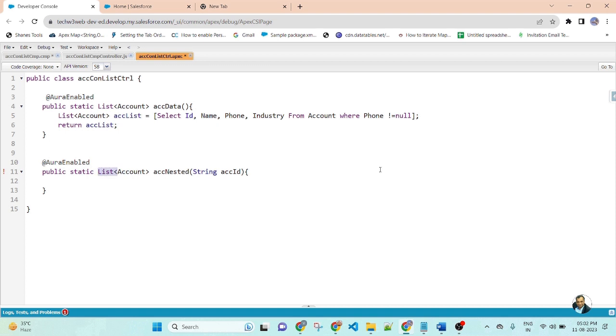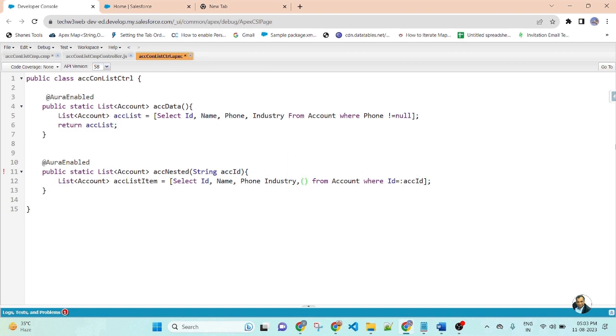Use List of Account accListItem equals square bracket, select Id, Name, Phone, Industry, comma, bracket, from Account where Id equal to colon, pass this Id.